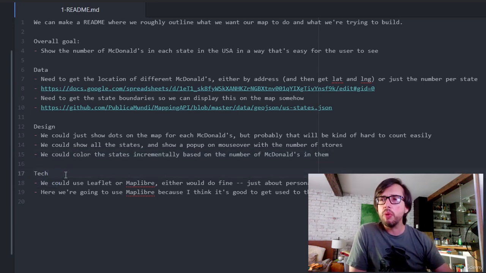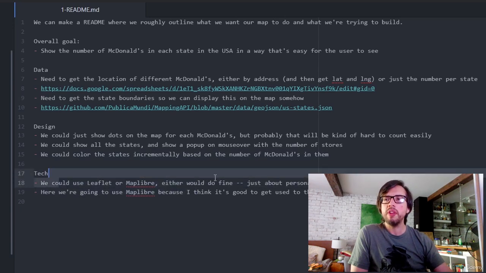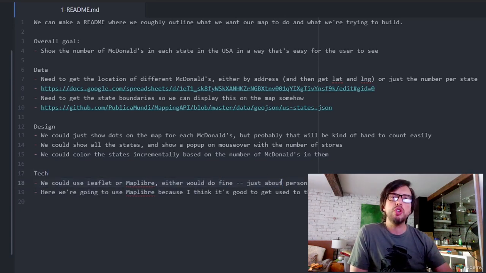In terms of the tech, we want to pick what we're going to use. Are we going to use Leaflet or MapLibre? Well, either would do fine for this. It's just going to be your personal preference. I like using MapLibre. I think it's good for you to get used to those paradigms. They're a bit more advanced, but I think you would be able to do this in Leaflet. Probably a little bit easier in some ways, but